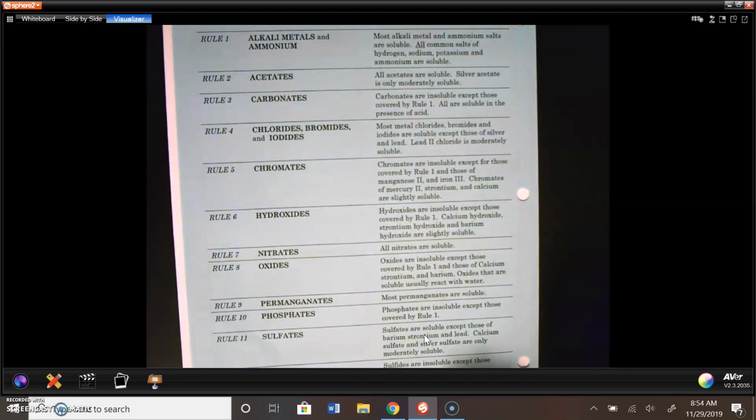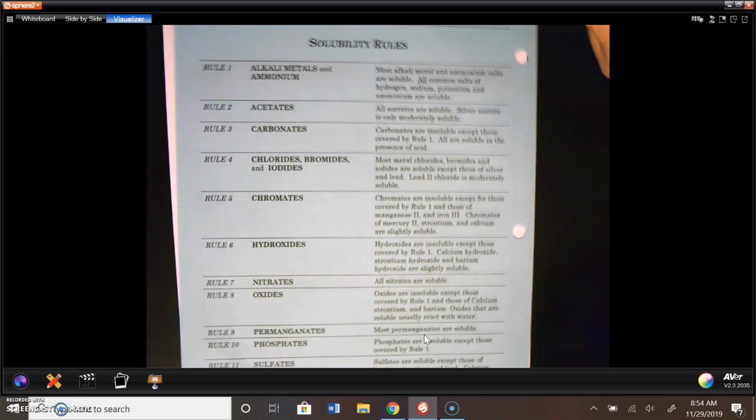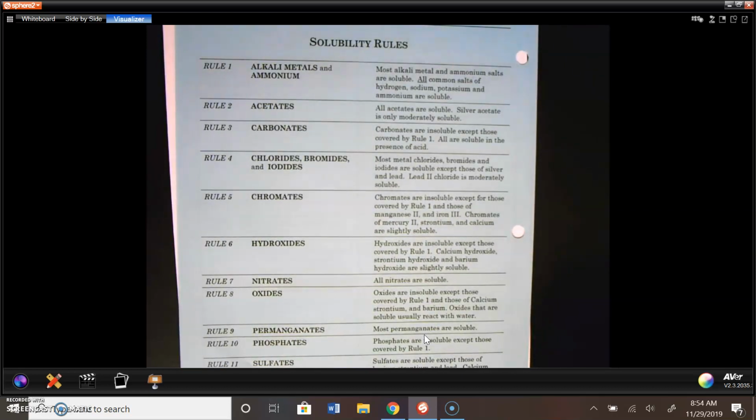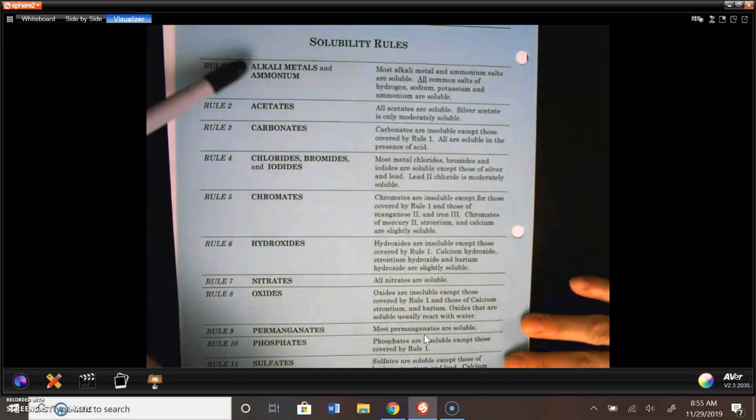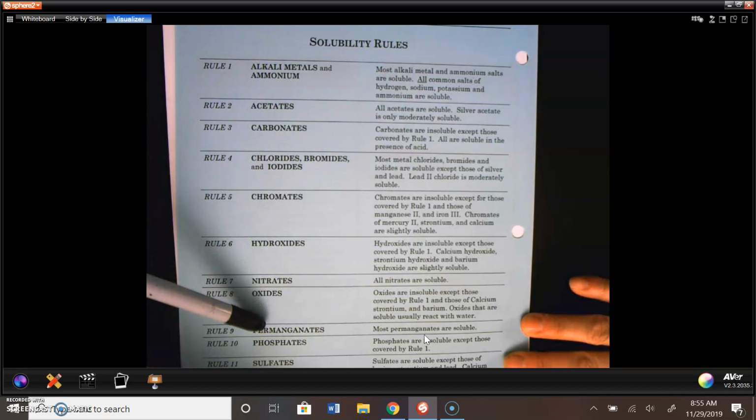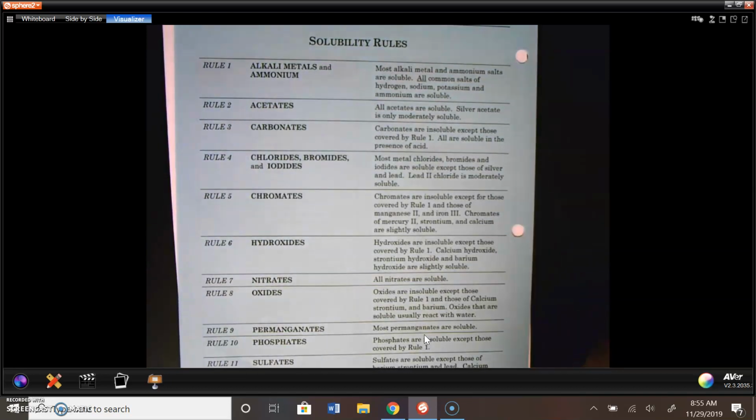They are a set of rules that let us predict whether or not a substance is going to dissolve. So if you look, most of these rules are based on the anion. So we're going to start with the anion, and then we'll look to see what cation it's associated with. And if you look more closely,